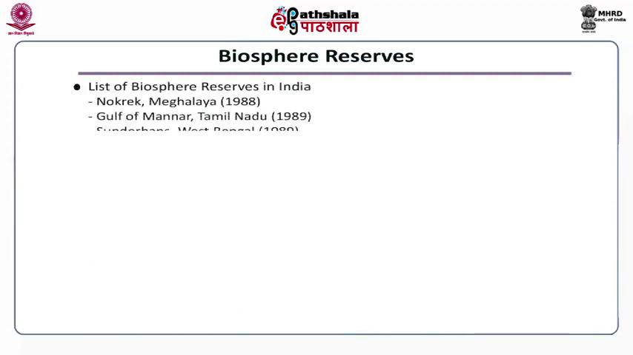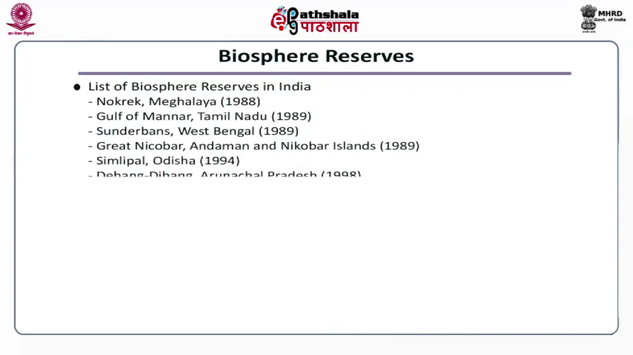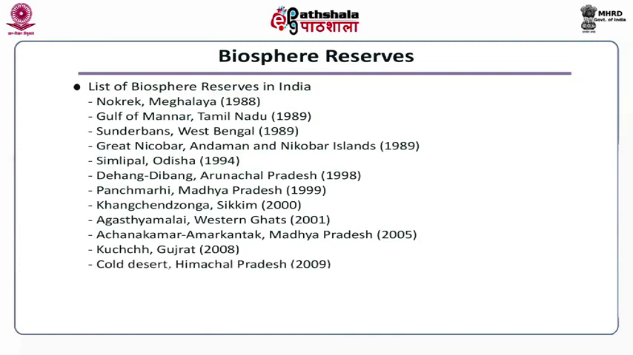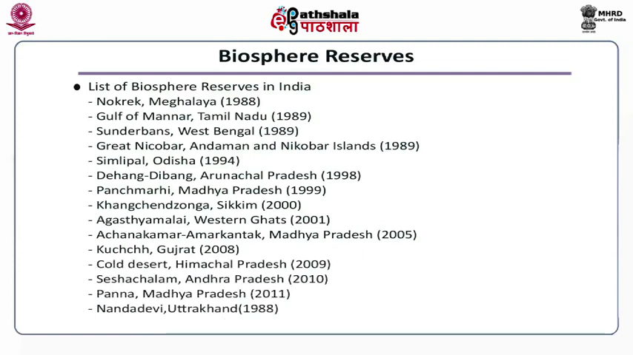The biosphere reserve list is given here, and they are Nokrek in Meghalaya, then Gulf of Mannar, that is in Tamil Nadu, then Sundarbans, that is in West Bengal, then Great Nicobar, that is in Andaman and Nicobar Island, then Simlipal, that is in Odisha, then Dehang Dibang, that is in Arunachal Pradesh, then Pachmarhi, that is in Madhya Pradesh,